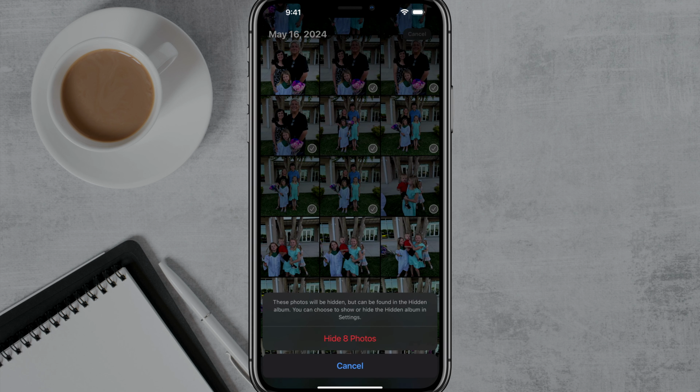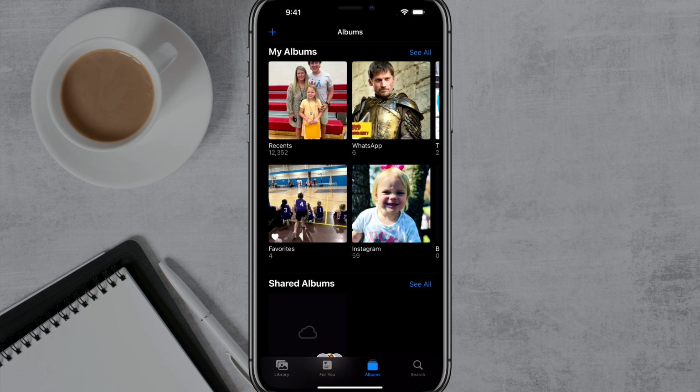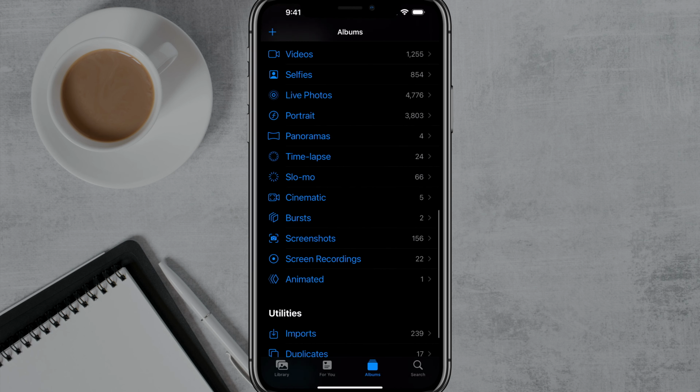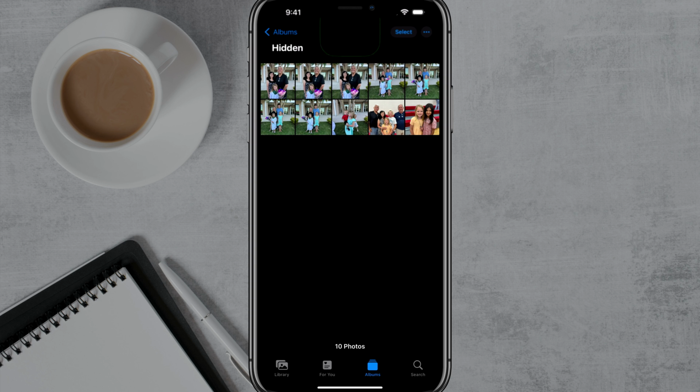It says these photos will be hidden, but can be found in the Hidden album. So go ahead and tap Hide Photos. If people know where to look, they can actually access your hidden album by just going to Albums, going here, and you'll see that there'll be a Hidden album here. If we go down to Utilities here, and then once everything's added, you'll see that they're added here